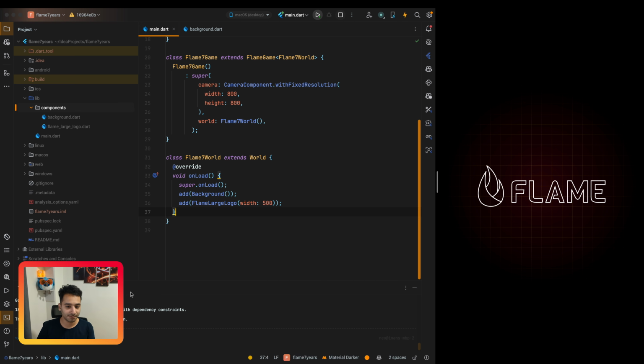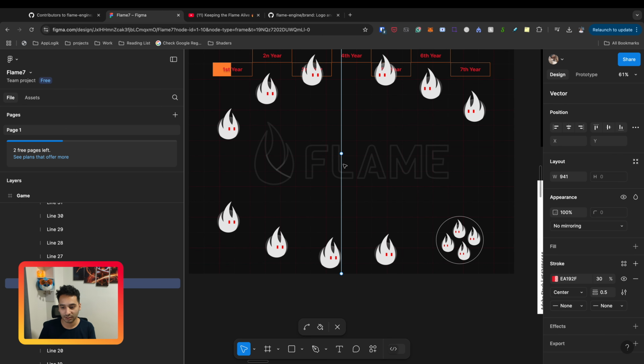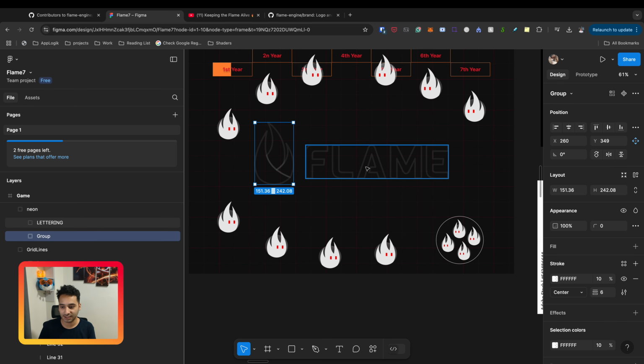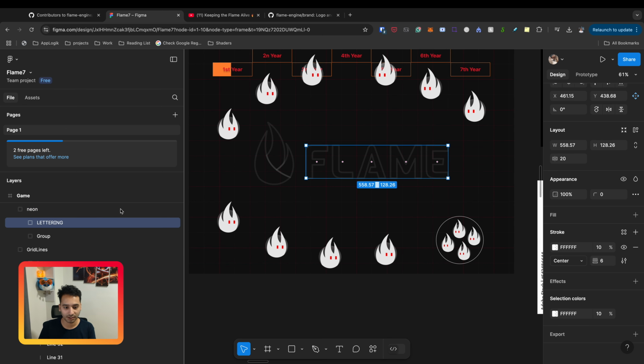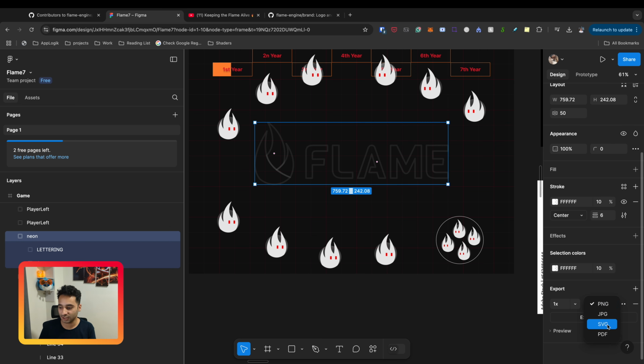In the first step, I just added the logo in the center. And as you know, we are not allowed to use any assets in the project. And that's why I downloaded the logo that is here as an SVG file. So for example, you can download the logo as an SVG file here.